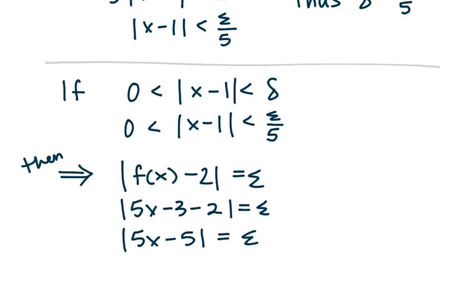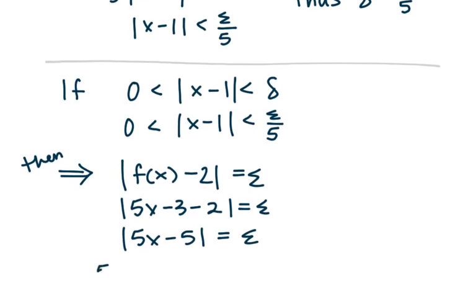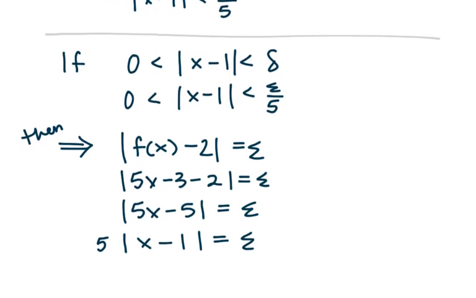We can factor that 5 out. So 5 times the absolute value of x minus 1 less than epsilon. So I want to turn this epsilon into a delta. So on the right here, I can multiply by 5 over 5, which is the same as multiplying by 1. And I can rearrange the way that looks. I could say, well, we're multiplying times 5 and dividing by 5. And so what we said, epsilon over 5